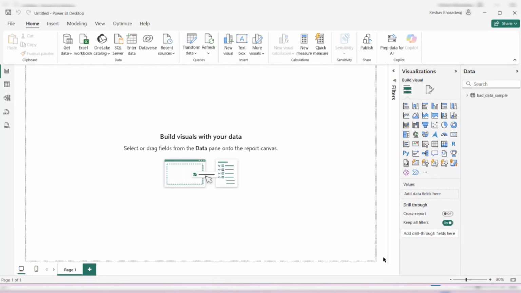Hi everyone. So today we are going to explore the Power Query Editor in Power BI. Power Query Editor is the place where we clean, shape, and transform our data before loading it into Power BI for reporting. You can open it by clicking on the Home pane, the Transform Data option here,